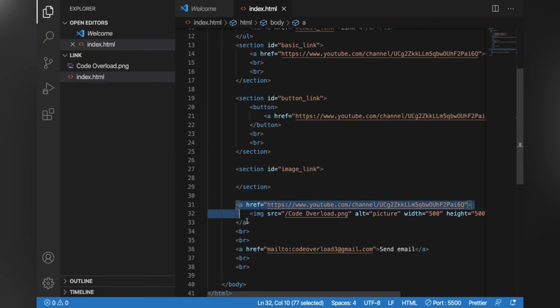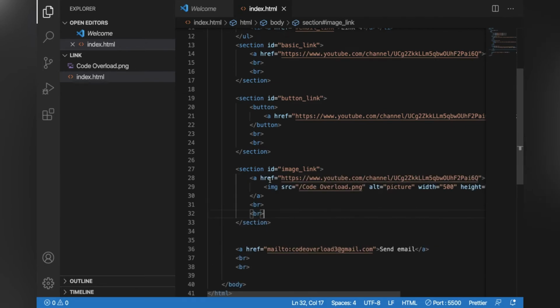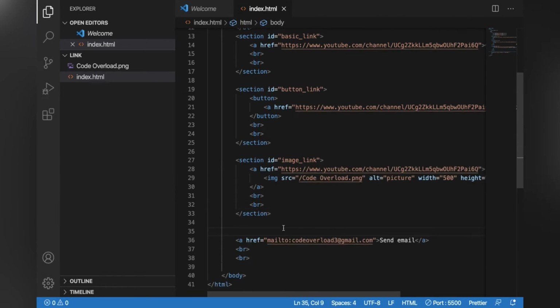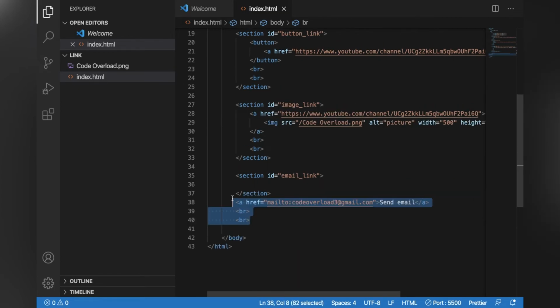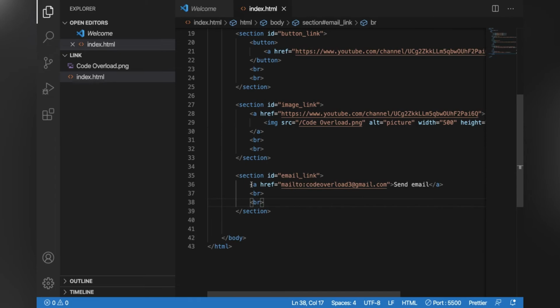Here I'll just paste this. And lastly, I'll create a final section, and I'll give this an ID of email link. I'll just paste this within this section, and I'll just remove these extra tabs.